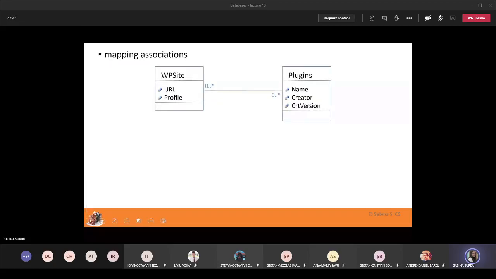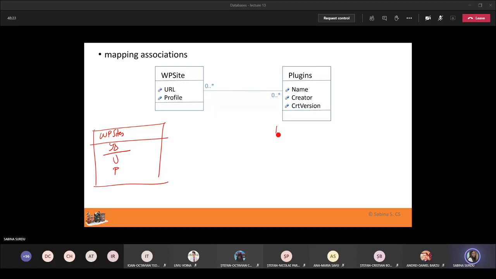Then we have this many-to-many multiplicity with WordPress sites with a URL and a profile, like education industry, and the plugins that are used in these sites. So in which case you would create one table per class and an additional table, the join table. So I'm going to have here a WordPress sites table with an ID, the primary key, URL, and profile. And I'm going to have